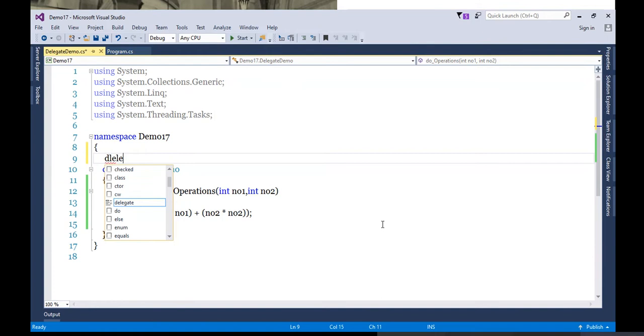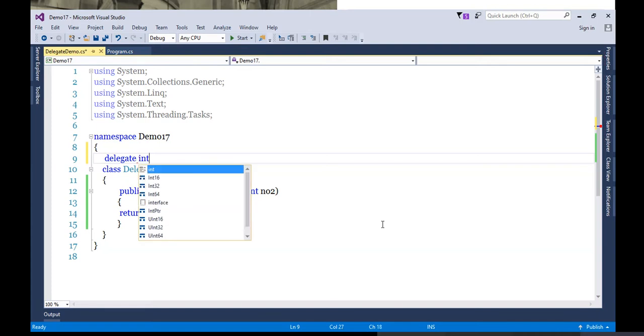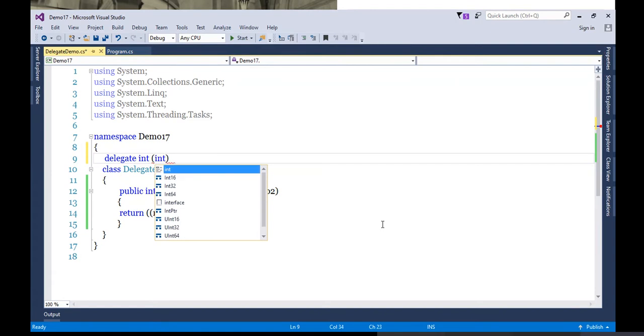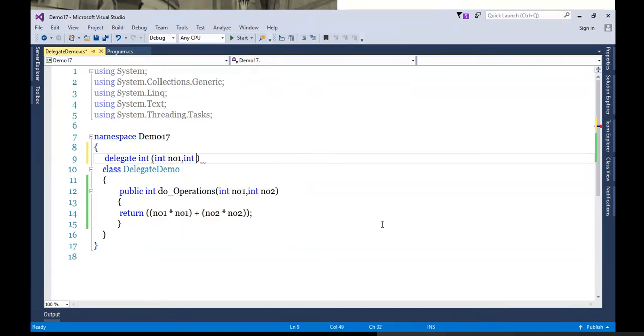First, you will use the delegate keyword, then the return type of the method as it is, the signature of the method as it is, and then we'll give a unique name for this. Okay, for example, DoOperationsDelegate. That's it. This is step number one.